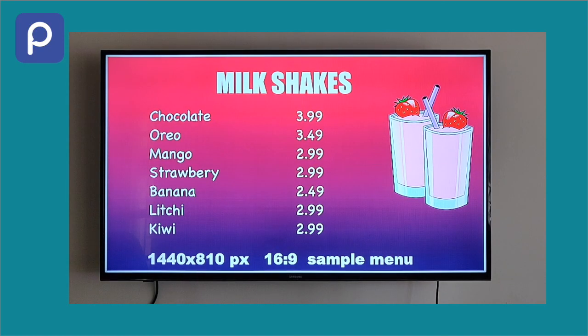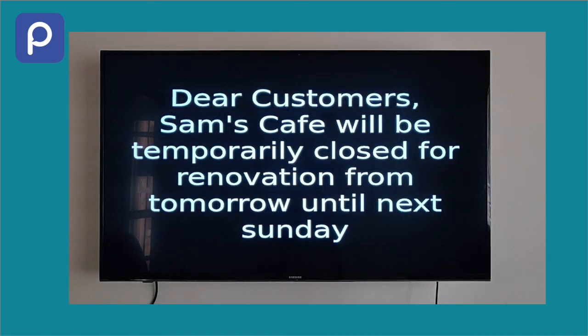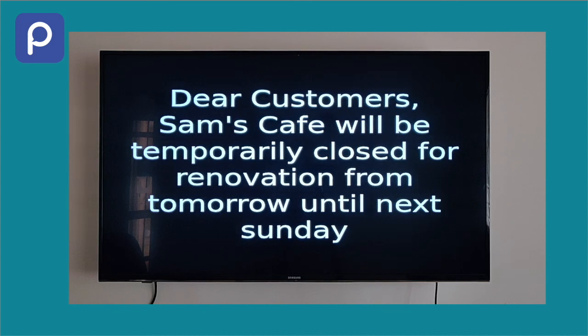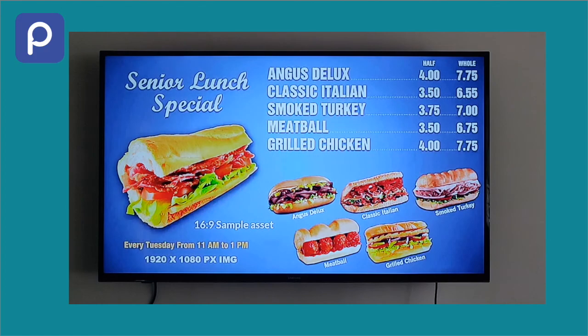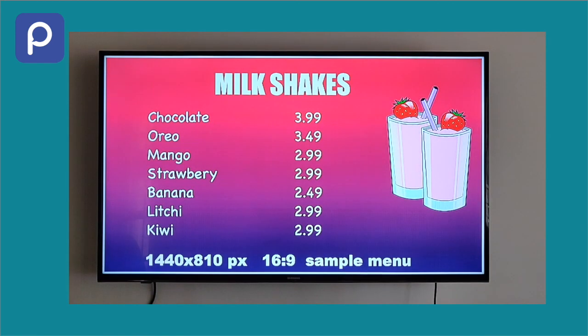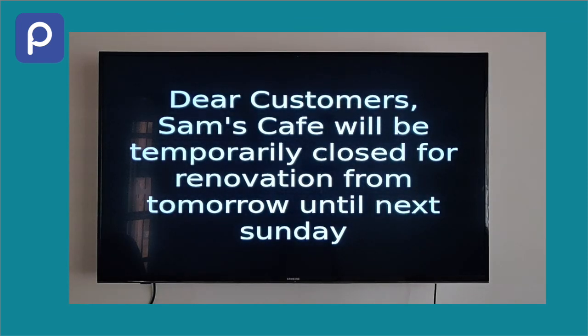Now we have a separate video on how to create playlists and deploy it. Simply observe the use of message asset here. The message asset is inserted in a playlist with menu assets and deployed. You can see the message we created being shown in between the menu display. You can decide and control the duration for which each asset is to be shown in a playlist. The display here is just a sample.